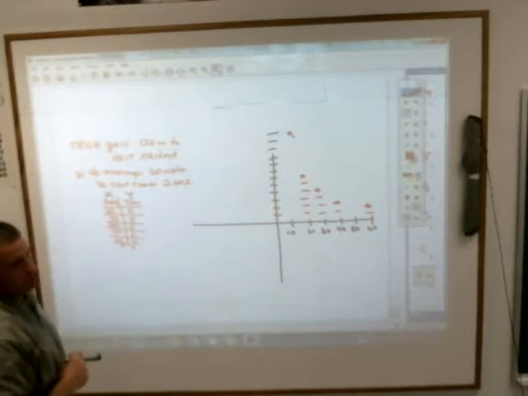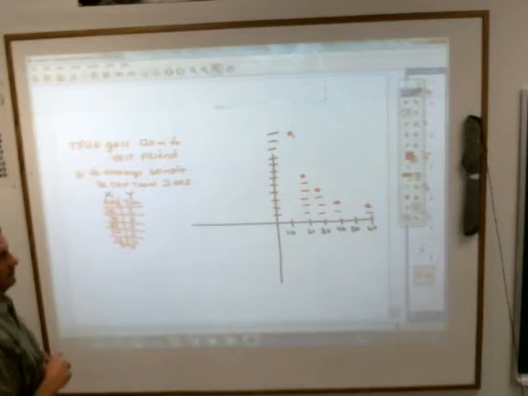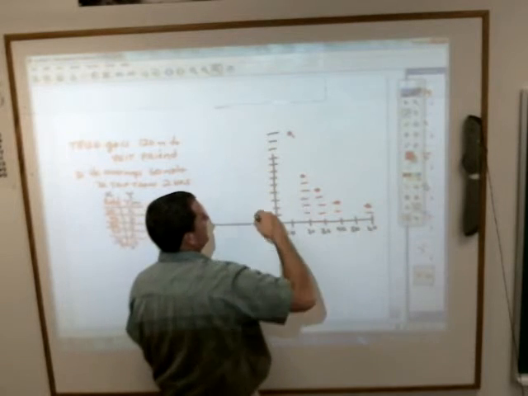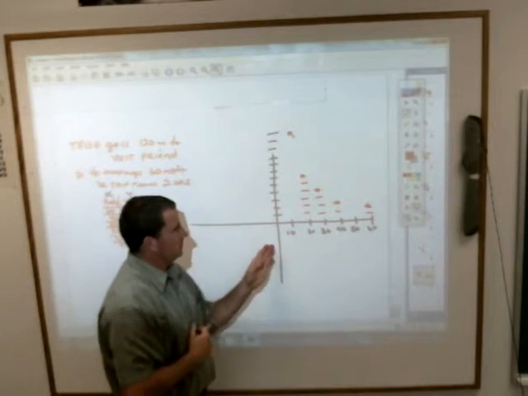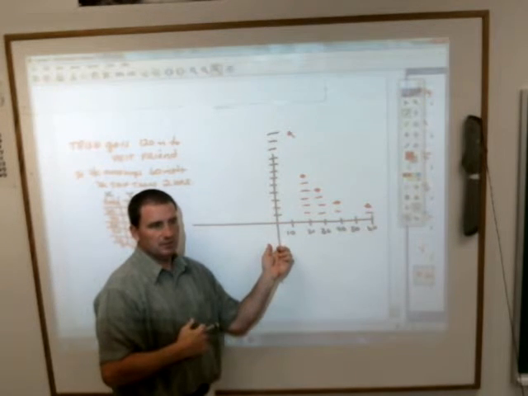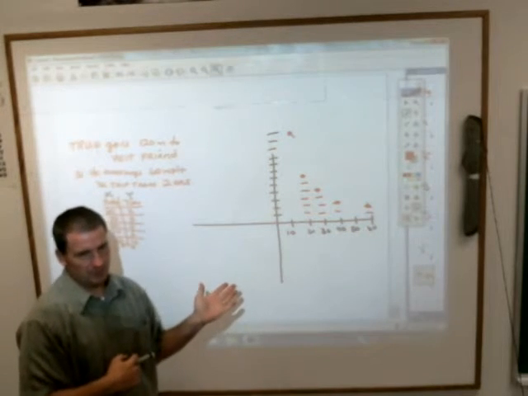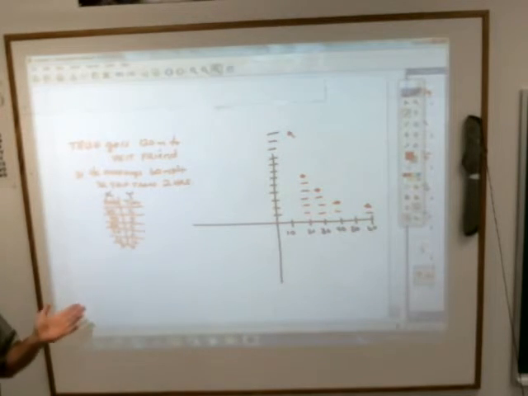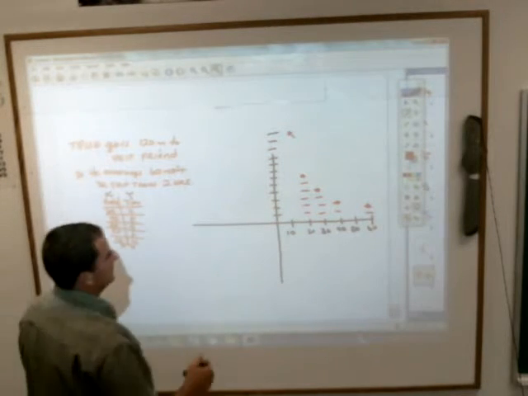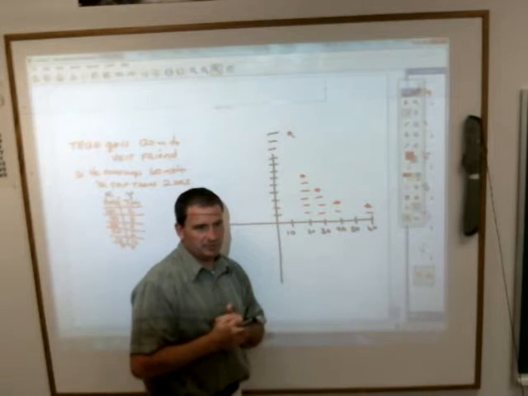Now, what do you notice about the sketch of the graph of inverse variation, John? Not a straight line. Doesn't have to be a straight line. As a matter of fact, we talked about this, if I put 0 in for x, I will never ever get an answer. Somebody said it would take forever to get there. If you're going 0 miles an hour, you're never going to get there. So this line here. But if you go 1 mile an hour, it's going to take you